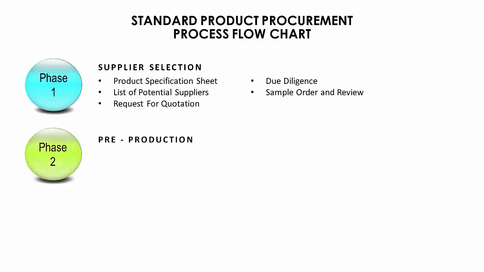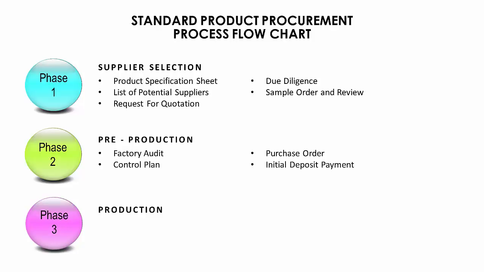Phase 2 is the pre-production phase. This includes carrying out a factory audit, defining your control plan for production, placing the purchase order, and paying the initial deposit for production. The final phase, Phase 3, is production, which includes the follow-up throughout the entire production process